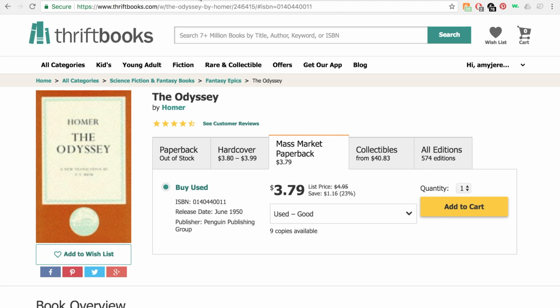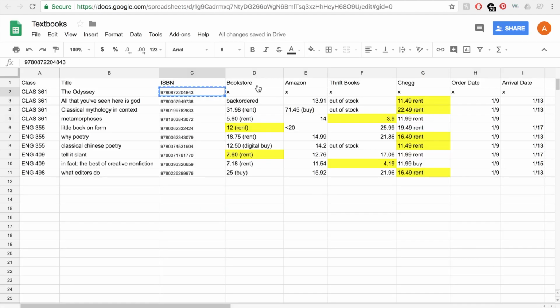And that kind of brings me to my next point about my spreadsheet, which is that I put down the date that I order the book and I put down the date that I get it. This is because certain websites, like third parties selling used on Amazon and Thrift Books, every once in a while a book gets lost in the mail. And so you want to keep track of when you ordered them and when they arrived, and then for sure